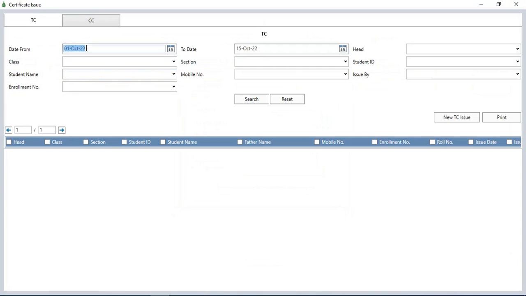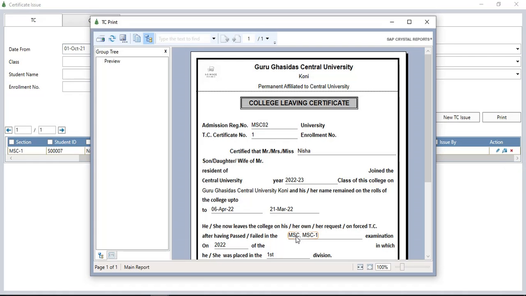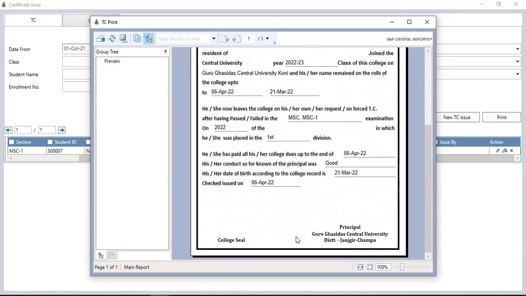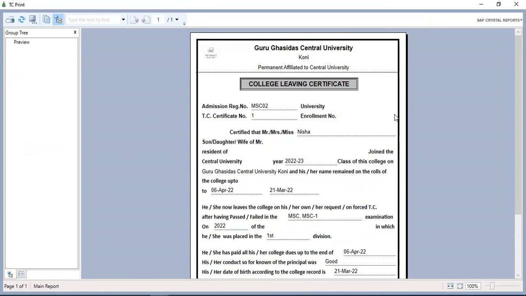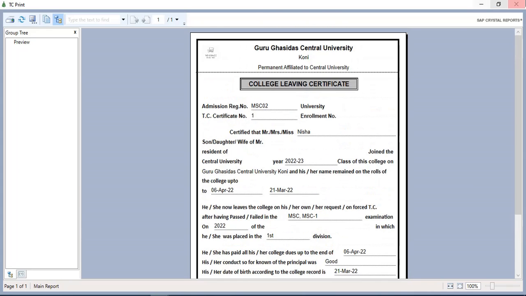And let me show you the transfer certificate print. Here you can see the student transfer certificate is showing. You can print this transfer certificate,